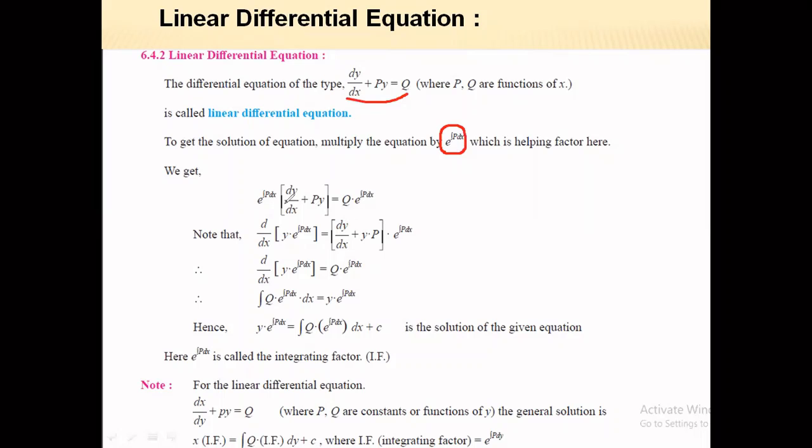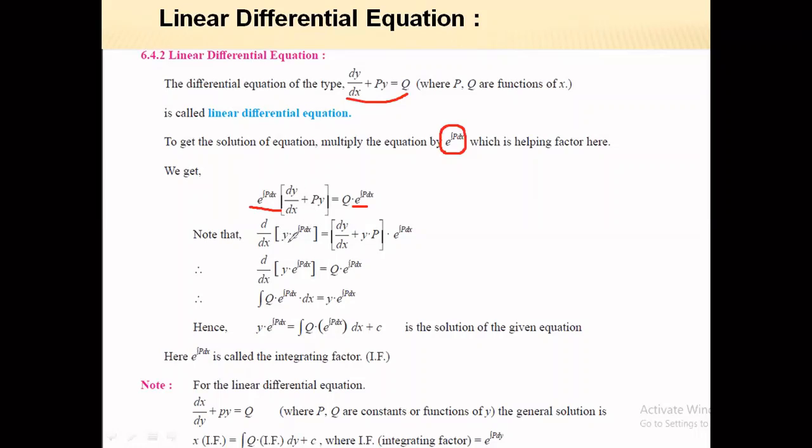So this is the equation of the form: we get e raised to power integral p dx times the bracket term dy by dx plus py is equal to the right hand side, q e raised to power integral p dx. तो हमने दोनों साइड में e raised to power इंटीग्रल p dx से मल्टीप्लाई किया. ओके, अब यहाँ पे एक नोट है, वो नोट ये है कि डेरिवेटिव ऑफ दिस टर्म, मींस d dx ऑफ y e raised to power इंटीग्रल p dx, यानी इसका वैल्यू क्या होता है.